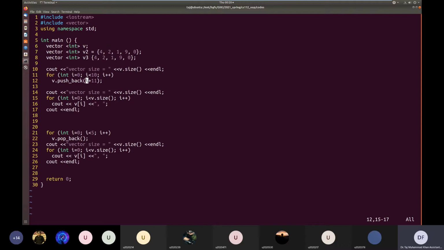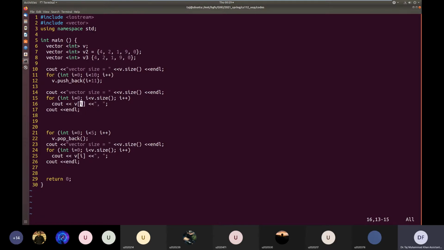So here we are pushing elements in this v, and then we can print this vector. Vectors support the index operator, just like arrays. So we can access an element of a vector using these square brackets with an index inside them.